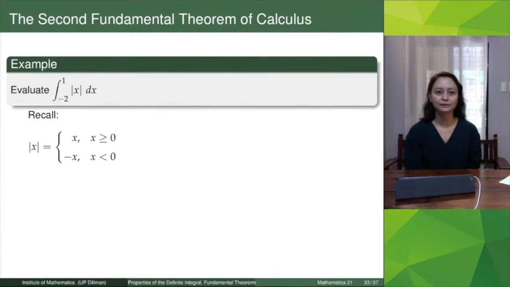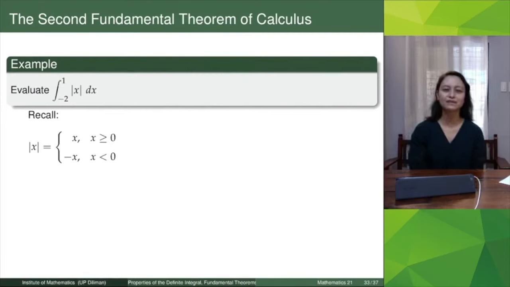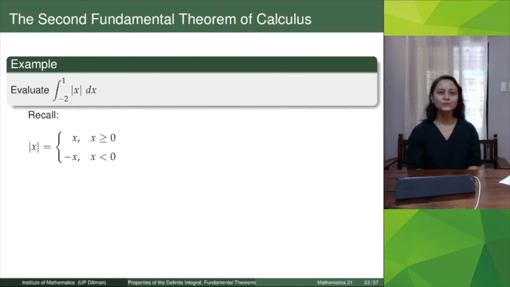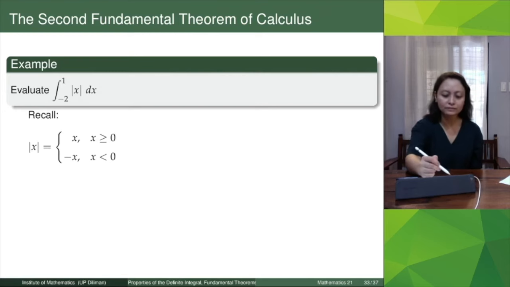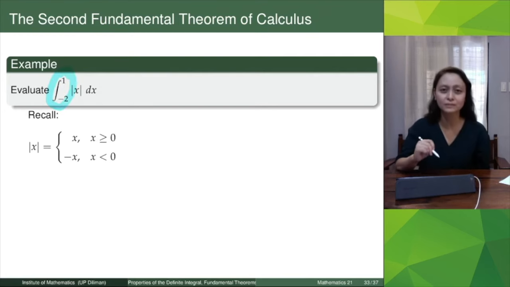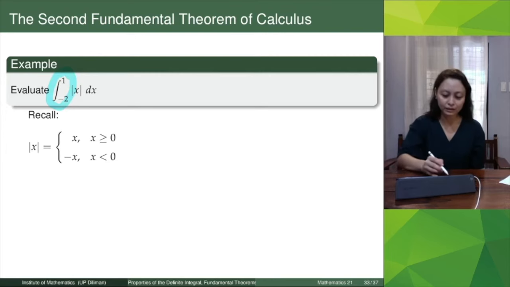Okay, for our next example, we want to evaluate the integral from negative 2 to 1 of the absolute value of x dx. Recall that the absolute value function can be written as a piecewise function. It is equal to negative x if x is less than 0, and x if x is greater than or equal to 0. So, if you look at the limits of integration, nandito yung 0 sa loob ng interval na yan. Therefore, we have to cut this into two